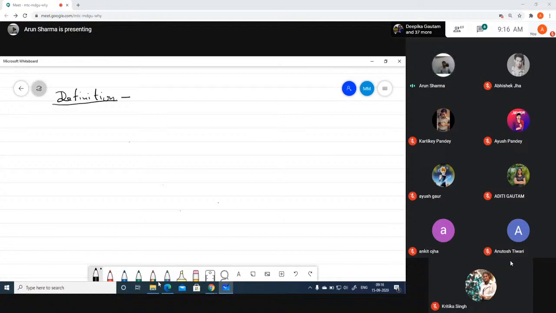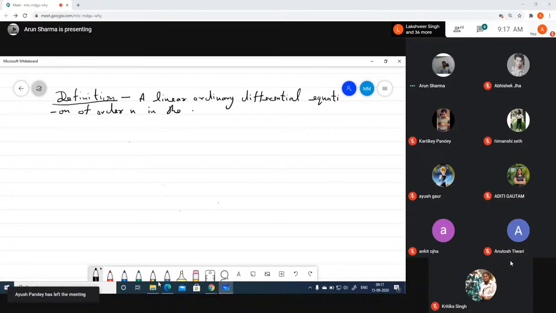A linear ordinary differential equation of order n in the dependent variable y and the independent variable x